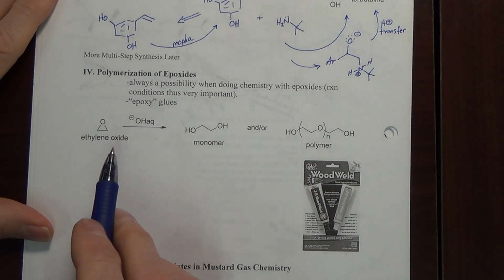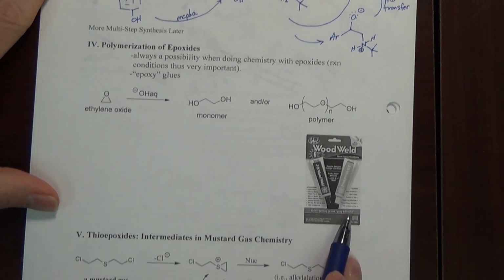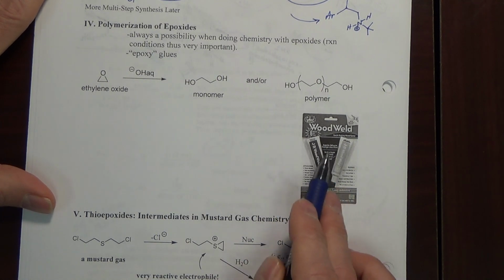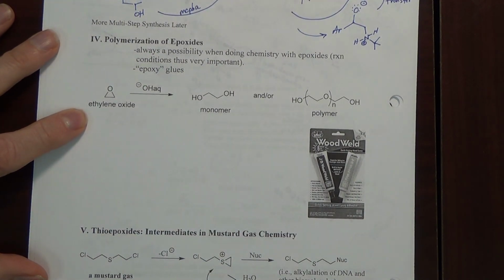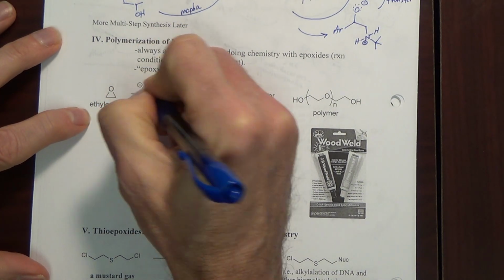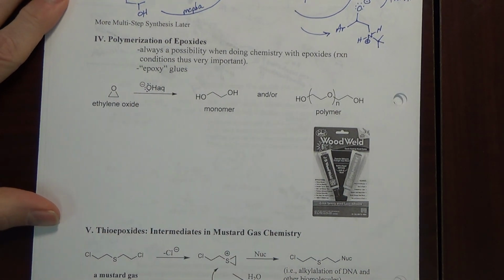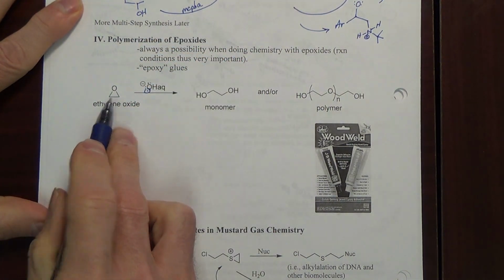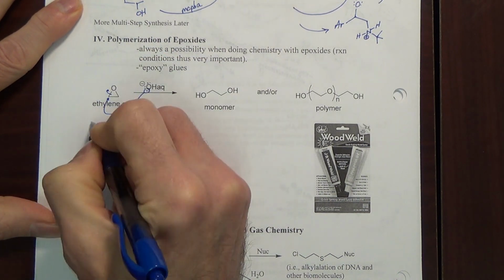Epoxides are prone to polymerization, and indeed there are some epoxy glues which, when you work with them, you mix them and they polymerize on site into a hardened glue. If we take ethylene oxide, we can actually polymerize it. Let's see how that might happen if we use hydroxide, aqueous base. Now this will react. It's symmetrical, so either carbon, it doesn't matter. Kick off the oxygen. That's going to give